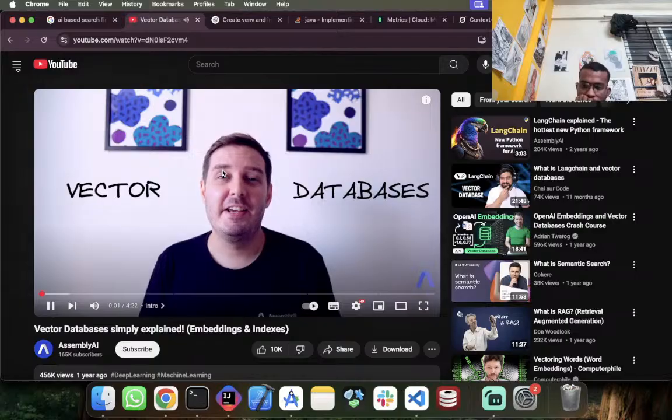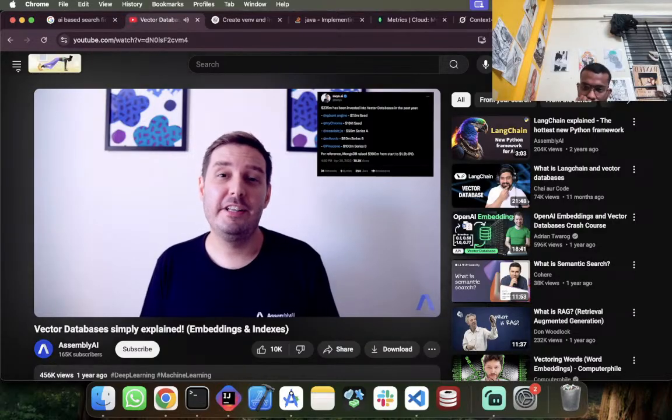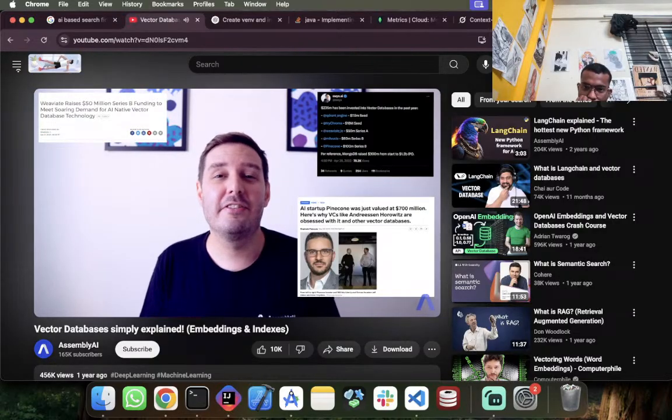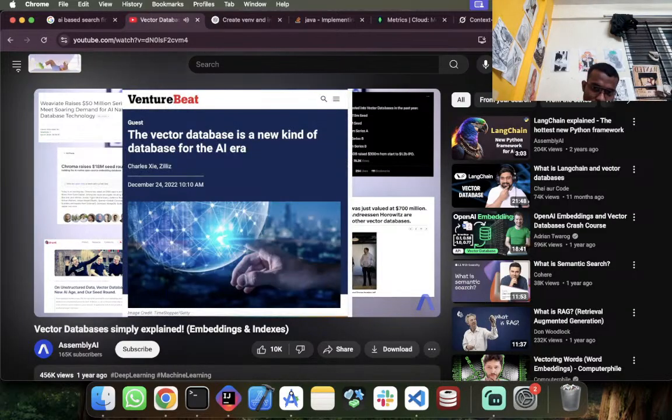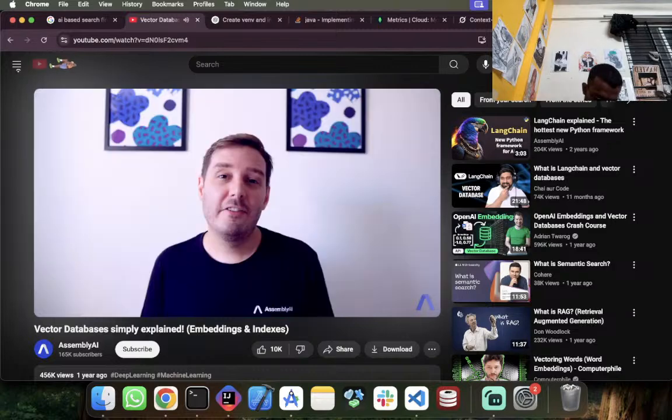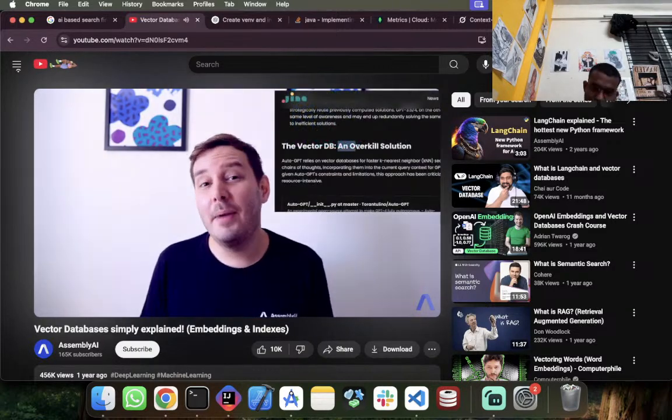Recently, vector databases got a lot of fame, with companies raising hundreds of millions of dollars to build them and people calling it a new kind of database for the AI era. On the other hand, for many projects, it might be an